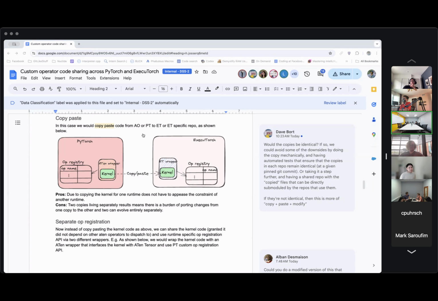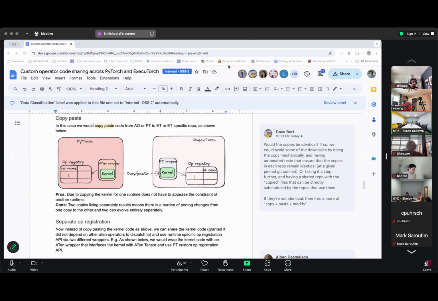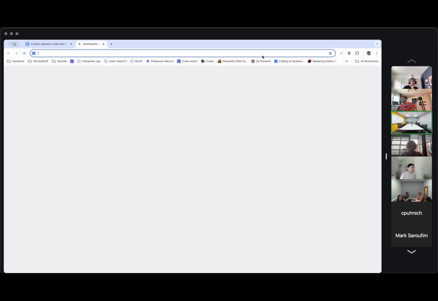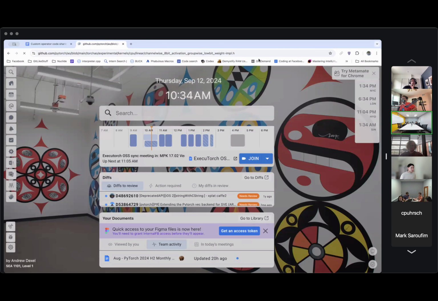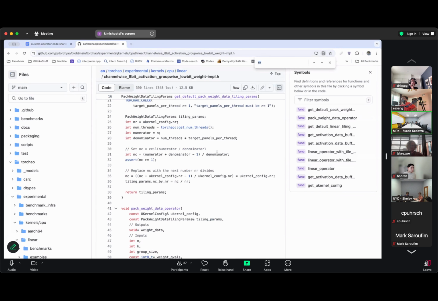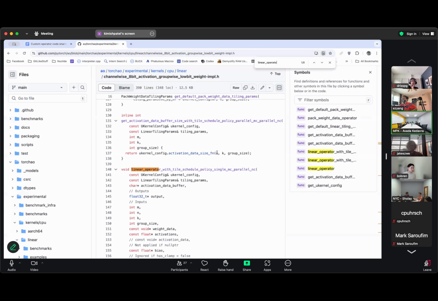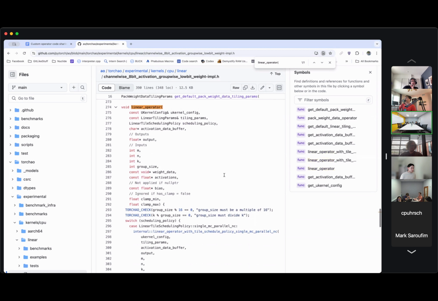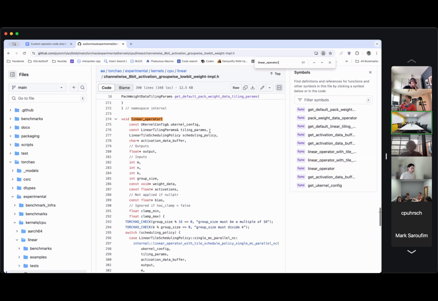Okay, I'm going to share something, but it may not be super clear what's happening there, but I'm going to share nonetheless. Let's see how we put this here. Yep. So this is one way, and again I'm not super familiar with this code base, but this is one way